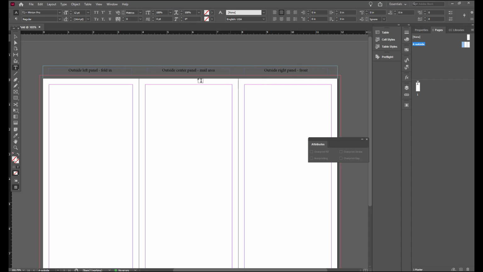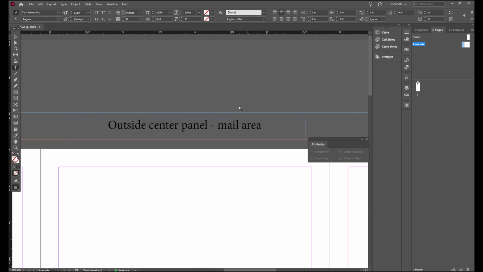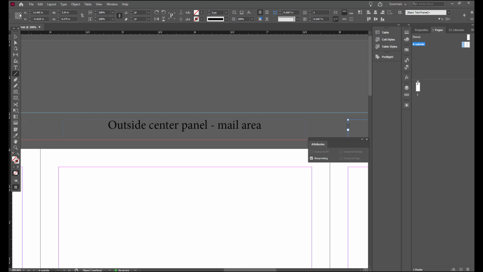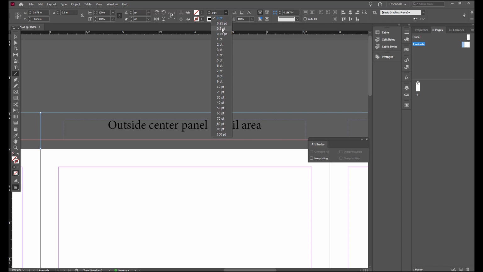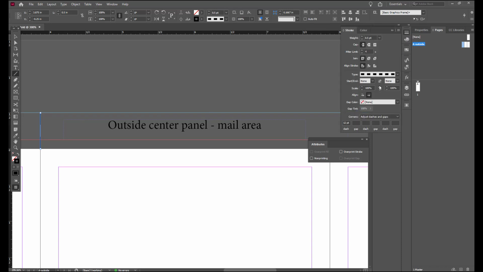We're going to put some guidelines in for creating the folds. So with the line tool, you can click and drag up to create a line. Make that line a dashed line at a half a point, and in the options you're going to make that a 3-point dash with a 3-point gap. Or using the control panel, make sure that it is indeed at the 3.875 mark,